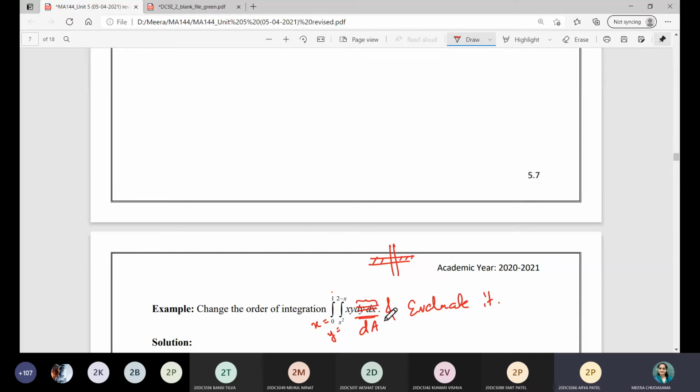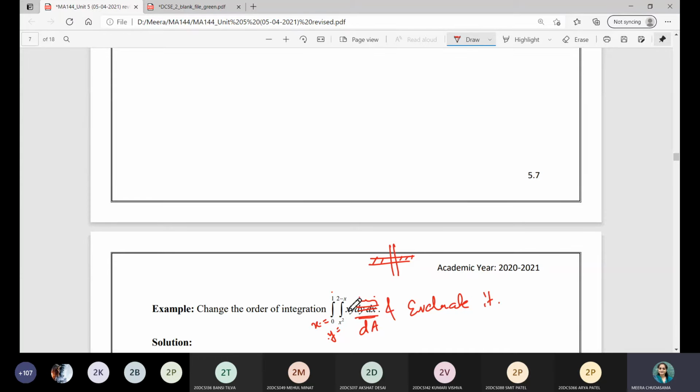So always make a practice of deciding the order from the limits only. Okay, ma'am. If they are constants, then you have to follow the order which is given in the integrand. But if they are not constant, means in terms of variable we are given the limits, you always make a practice to decide the order from this variable limits only, right? Nothing is wrong, ma'am. But in any case, if you have some printing mistake has been done or whatever has been done, in that case you will have a confusion. So I will advise you make a practice of this one, else is up to you, right?